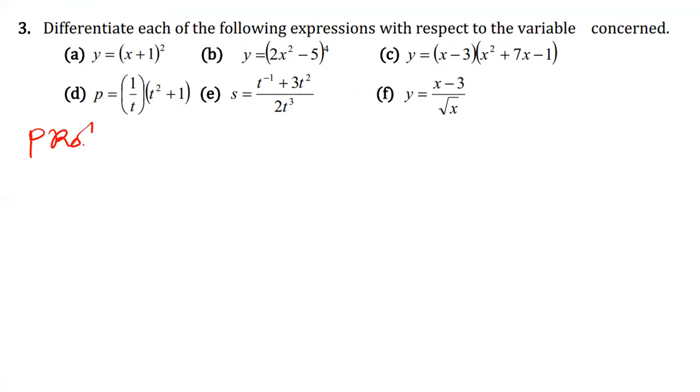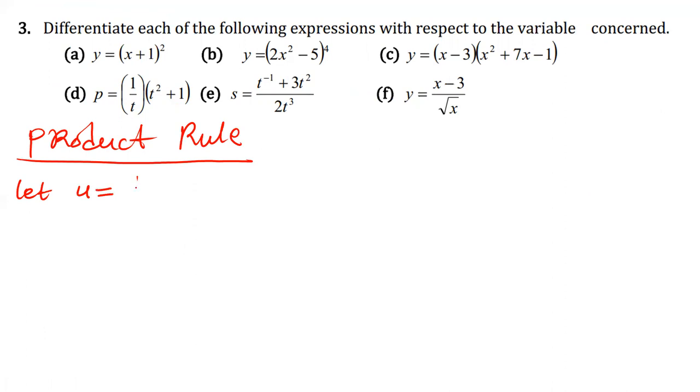So still on the product rule. We're going to let u be equal to 1 over t, which is the first function, and then v be equal to t squared plus 1. From the product rule, we know that dp/dt, in this case we're using p,